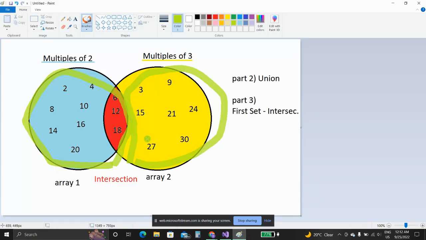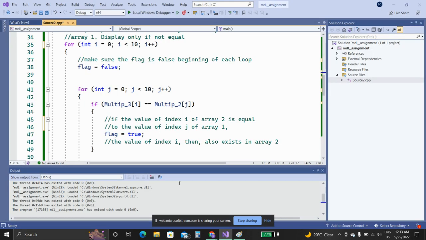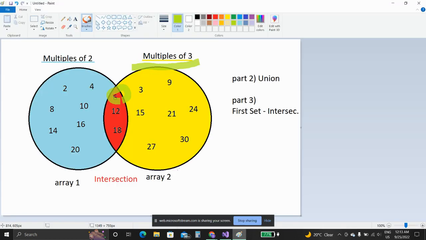Like if I go to the second set, right, and look at 6, which is in the second set, look at 6 and ask myself if 6 is also in the first set. Well, the answer is true. So as a result, we're going to see that I put my flag as true. So if the flag is true and that number also exists in the first set,